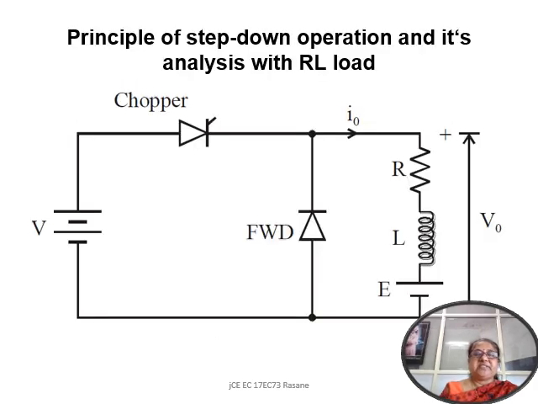So as we have seen, this is the principle of step down chopper, and we have got the RLE load, which is normally a load used to represent a motor, with a freewheeling diode connected across this load, right? And we have got the chopper in series with the input supply voltage. This is a step down chopper, right? And we are controlling the output voltage being connected to the input supply with an on time and off time.